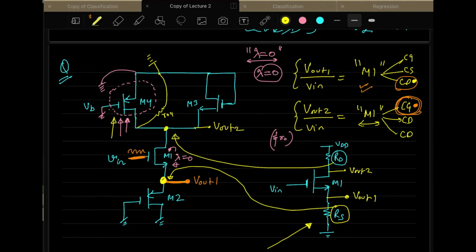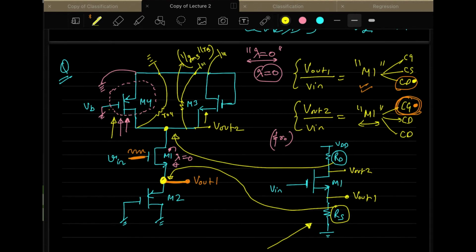Now in this case, you already know that if this is a diode connected circuit, the resistance offered at the source of the MOSFET M3 will be 1 over GM3. But now your resistance RO3 is also there, which is in parallel with 1 over GM3. So it's a parallel resistance of RO3 and 1 over GM3. So this is also grounded.